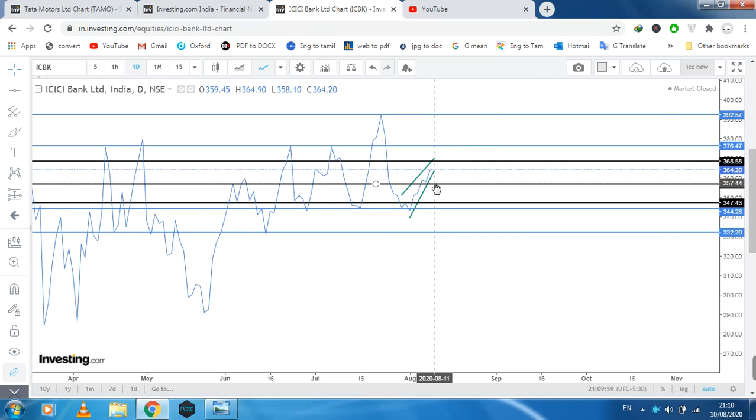What about the support lines? This blue line is the correct and very near support line. You can see it playing like a good support line, and we need to draw a minimum of two support and two resistance levels near the market. This is one support line and another support line. These are the current market's good support lines.